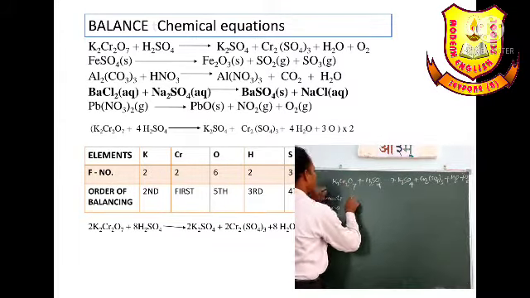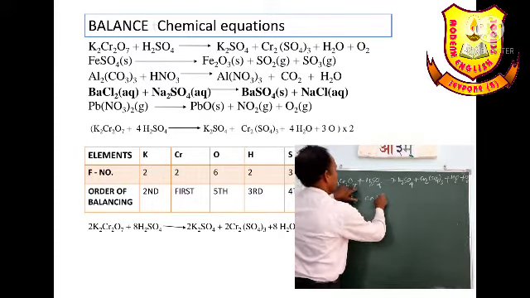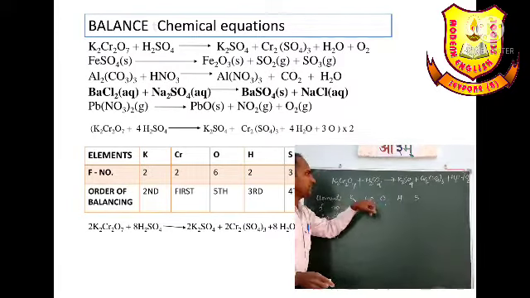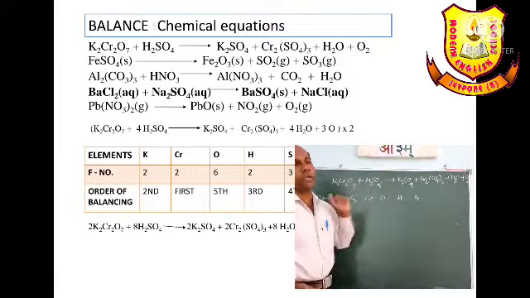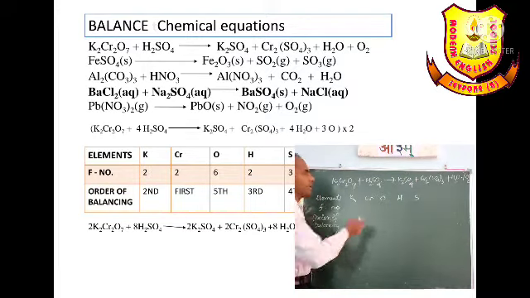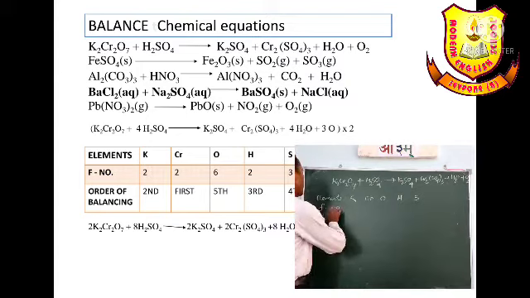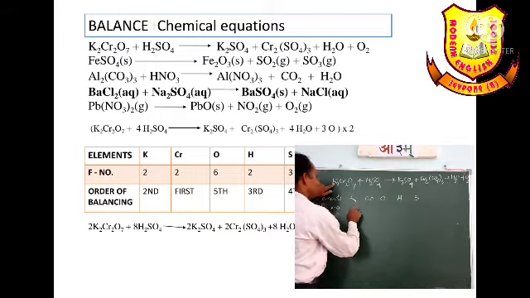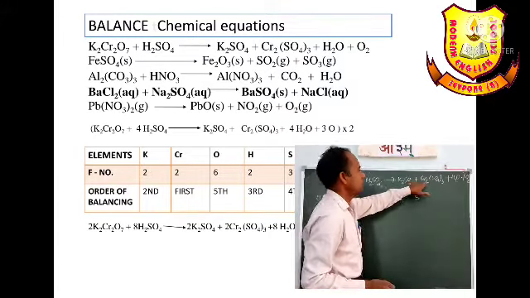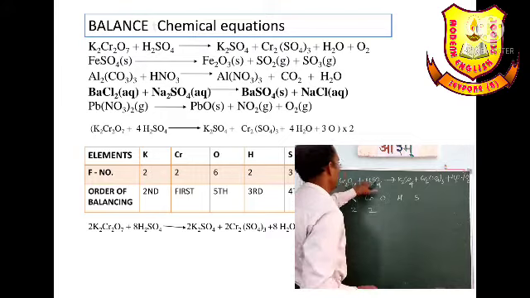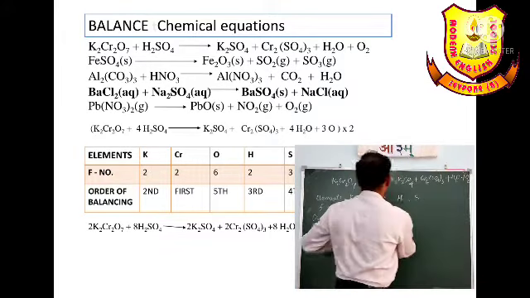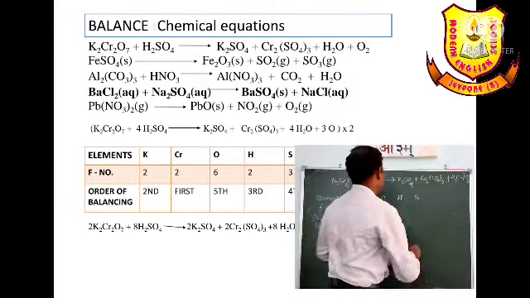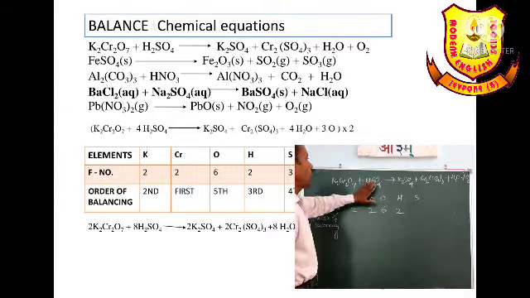What are the elements? Potassium is there, chromium is there, oxygen is there, hydrogen is there, sulfur is there. So these are the elements participating in the whole chemical reaction. They are in the whole equation. Now we have to write the F number. Potassium once, here twice, 2. Chromium once, twice. Oxygen 1, 2, 3, 4, 5, 6, so 6 places it is coming. Hydrogen 1, 2. Sulfur 1,